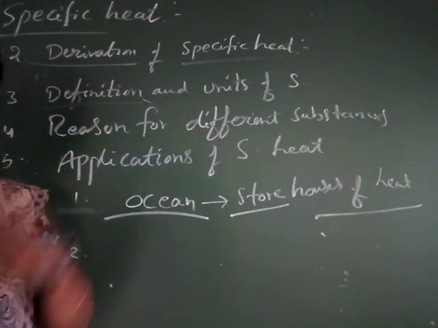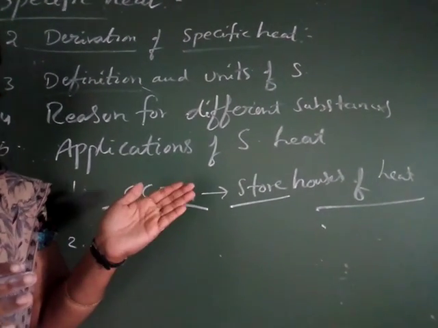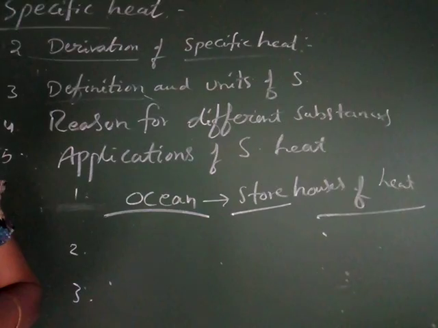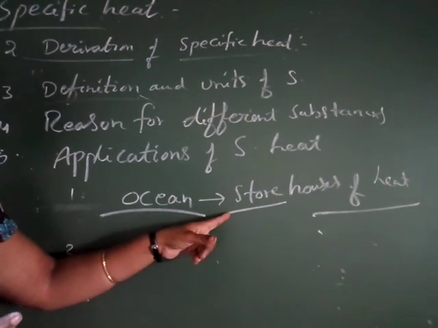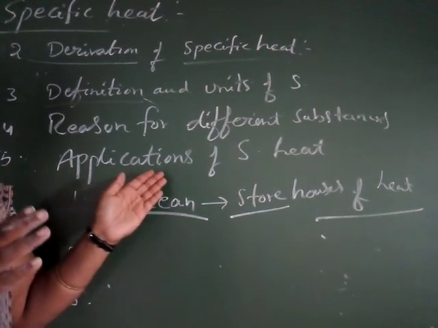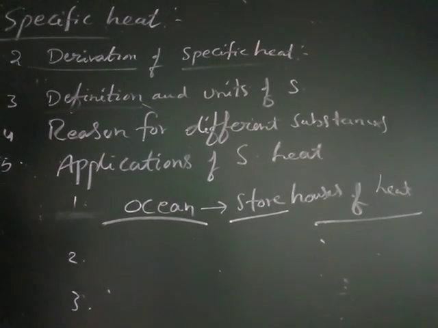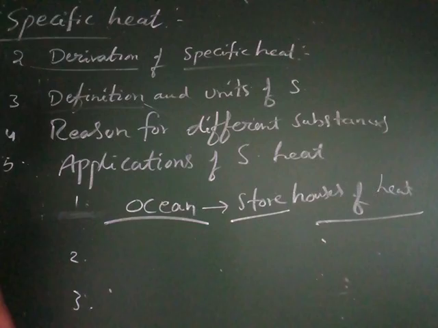Those will be observing that heat energy. In the evening, heat will flow from the hotter body to the colder body. We know that, no? Okay, in the evening what happens? This water acts as a hotter body and the remaining land will be cool. Then heat will flow from the hotter body to the colder body. It's like balancing the weather of the earth.